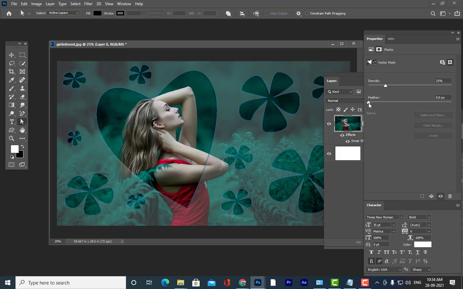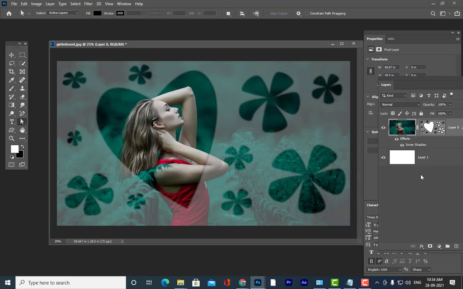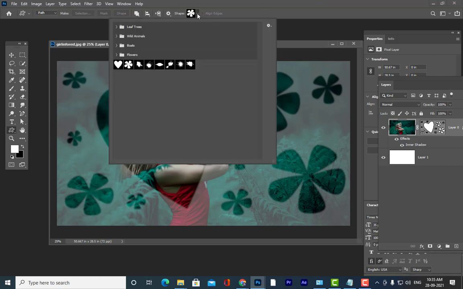Okay, see here, I can also give some feather to this. You can see I also gave some feather to these shapes, and you can add some more shapes here. Let me go to the custom shapes, and see, some other shapes and flowers are there.